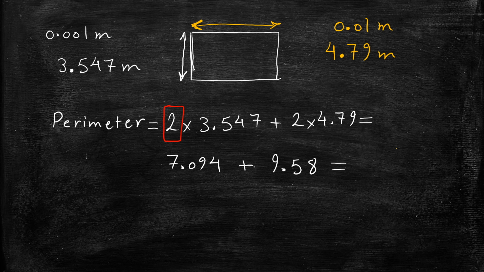Now we're dealing with an addition. So which one has the smallest number of decimal places? This one has 3 and this one has 2 decimal places. So again, we perform the actual addition as per usual, and then we get